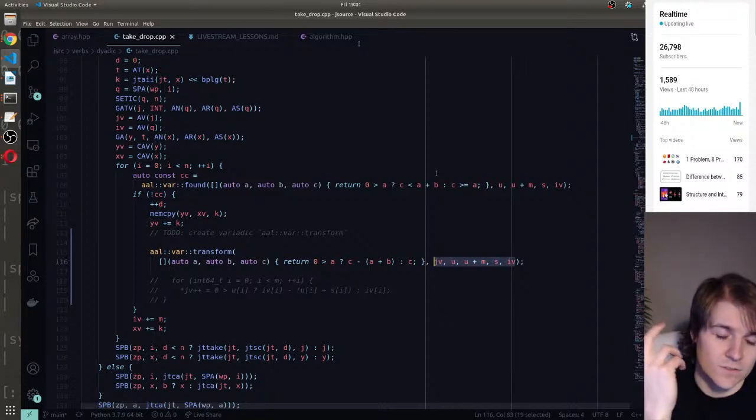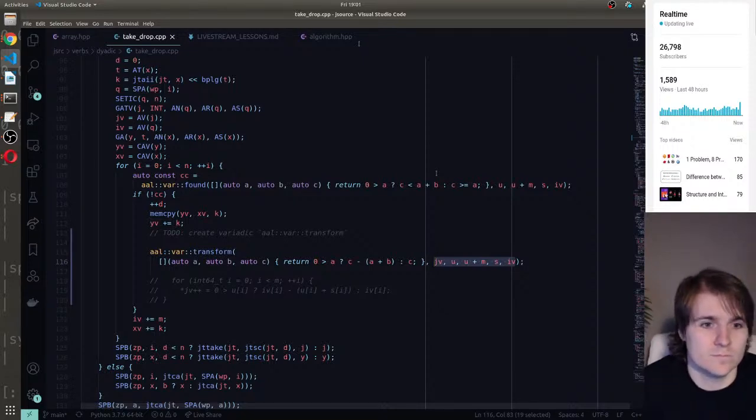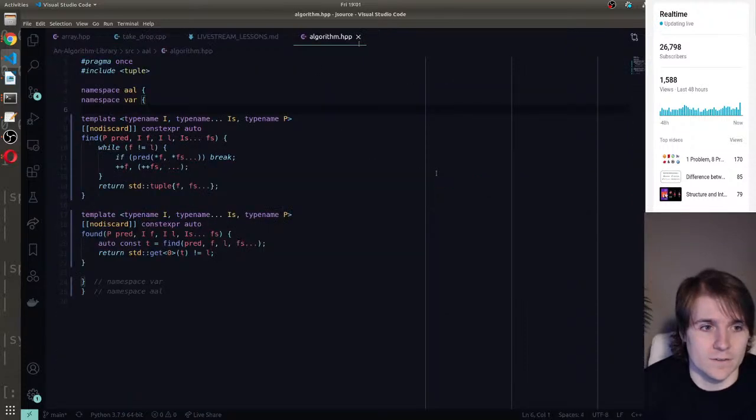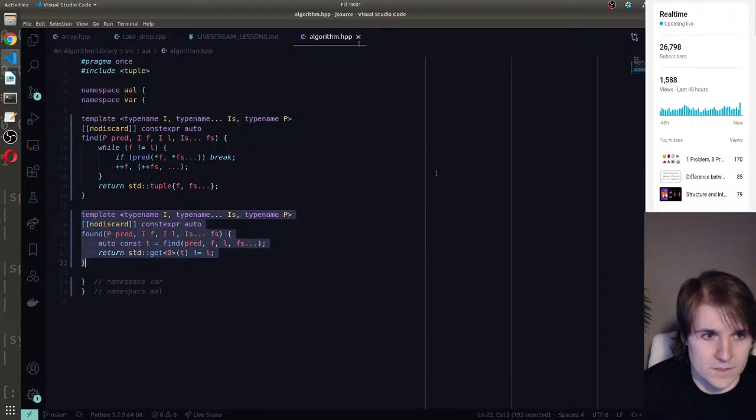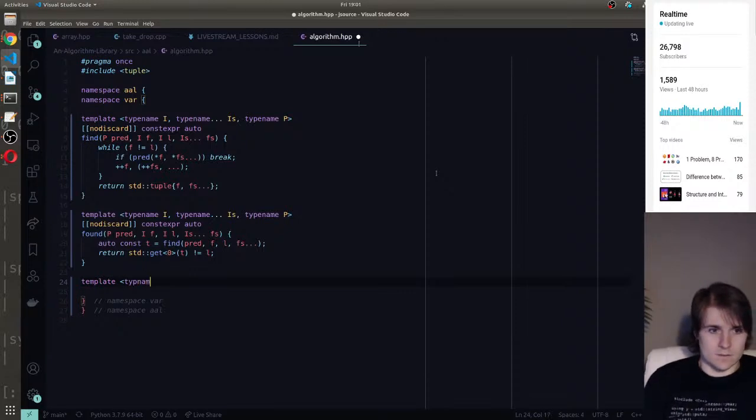But it would be an interesting toy project. All right, let's go write our transform algorithm now. So we can just copy, and actually let's write it from scratch. So template, type name,